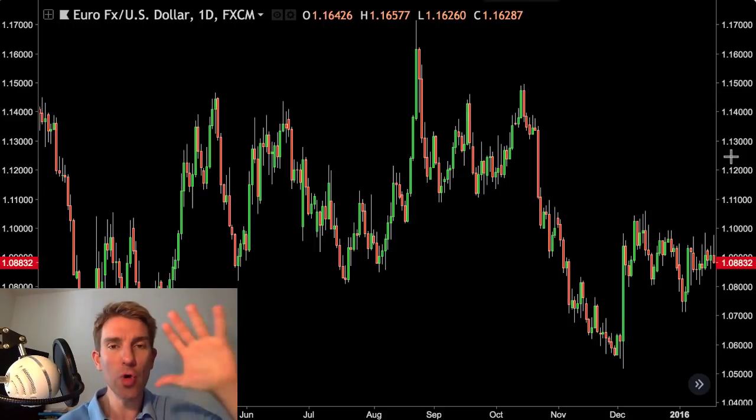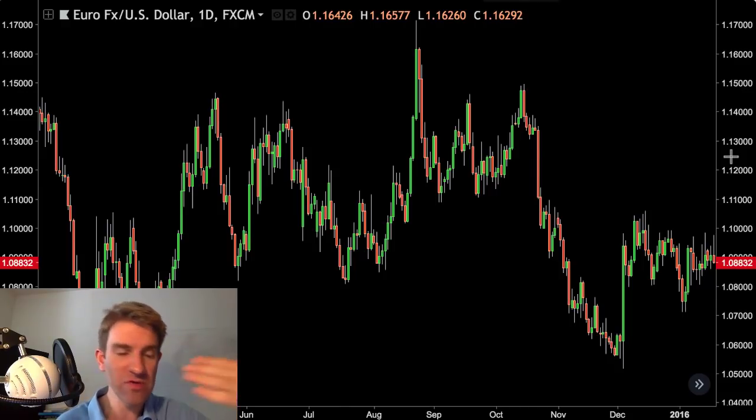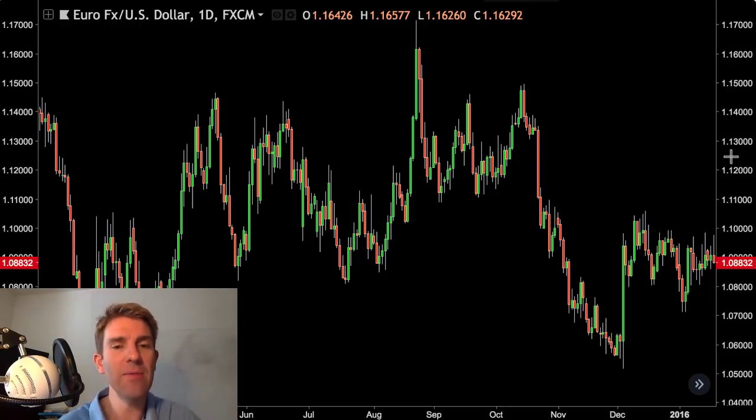Okay, so a bull trap. What is it? How can we take advantage of it? What's the setup? First of all, put yourself in the position. You're looking for a trade, you've drawn your resistance lines, you're looking for a breakout to the upside, you're on a high time frame, it breaks out, you take the trade, maybe it goes in your direction a little bit, then all of a sudden it reverses and stops you out, or worse, if you haven't got a stop in place because you thought it was so good,